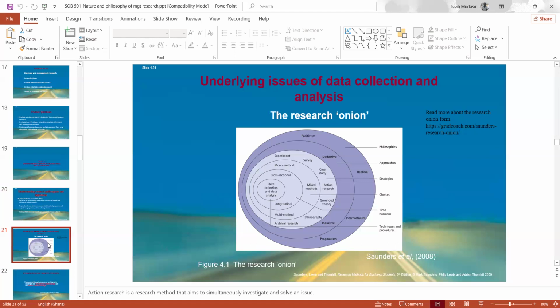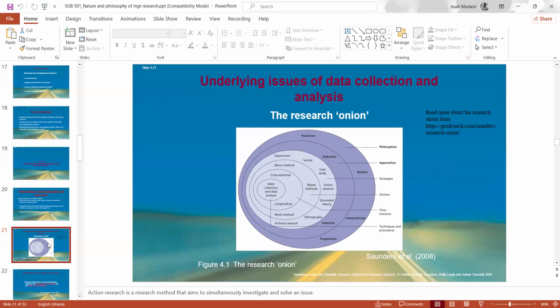Then when you peel off the research philosophy layer, the next layer is approach, research approaches. You determine whether you are inductive or what? Deductive. You determine whether you as a researcher start by formulating hypotheses based on theory, then you move from the hypothesis and theory to collecting the data, then you use the data to test the theory, and after testing the theory, you now make a decision. In that case, we say that you are deductive.